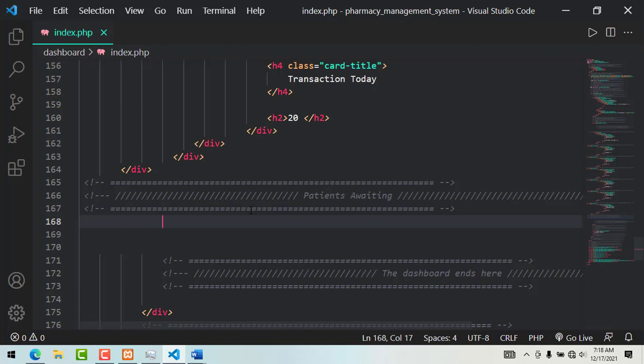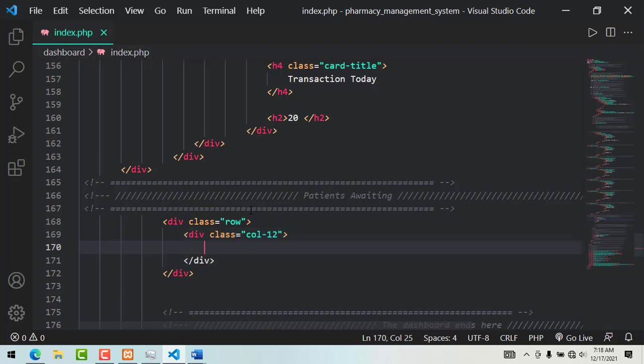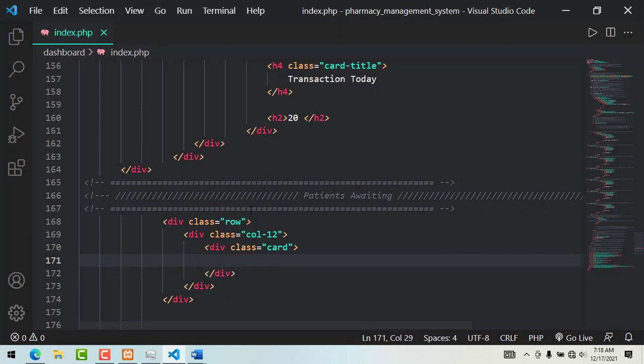So I'll just say dot row, and within this row we are going to have one big column. So I'll say dot col-12, so I'll take all the 12 bootstrap columns, and within that, as usual, we are going to have the card, and within the card we are going to have the card body. So dot card-body,